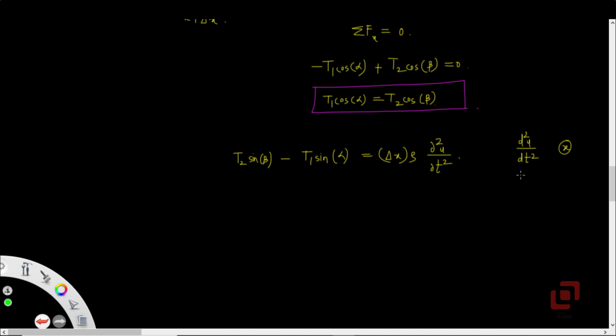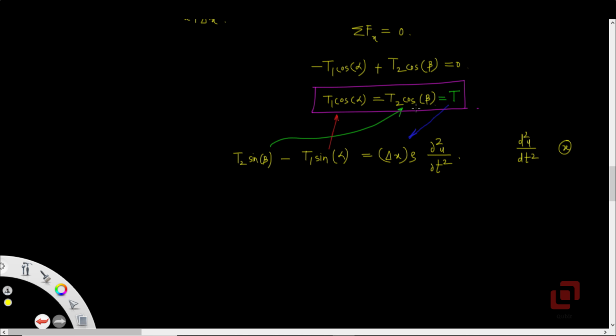The first step that we are going to do is, we are going to assume that T1 cos alpha is equal to T2 cos beta equal to T. We are saying that the tension is as good as a constant. We will divide T2 sin beta by T2 cos beta, T1 sin alpha by T1 cos alpha, and finally we will divide the right hand side by the tension T. So note that we are dividing the entire differential equation by the same constant, that is tension. But just to cancel the tensions, we are dividing them by three different representations of the same quantity.